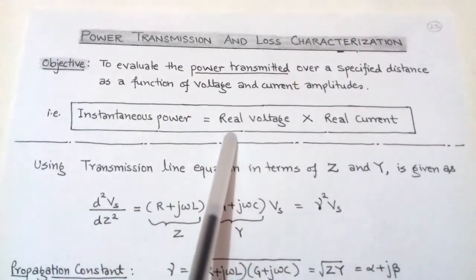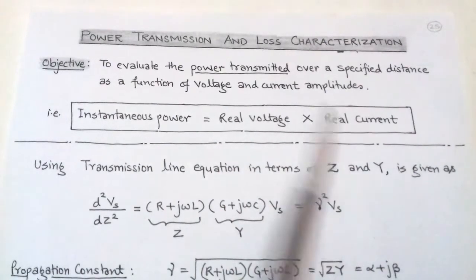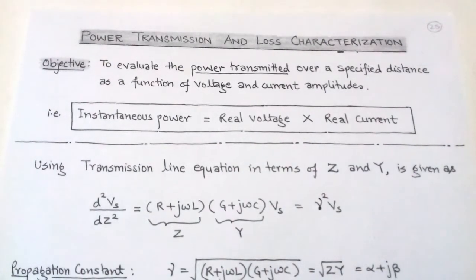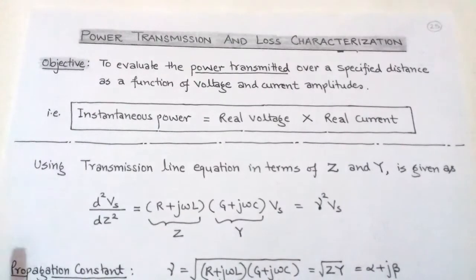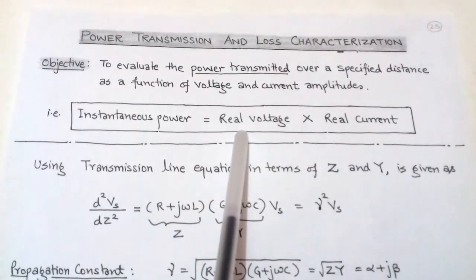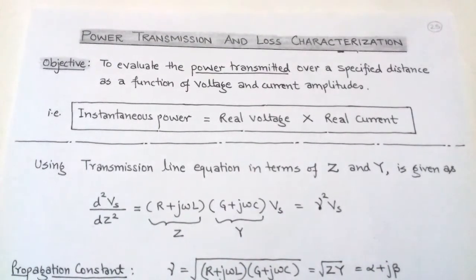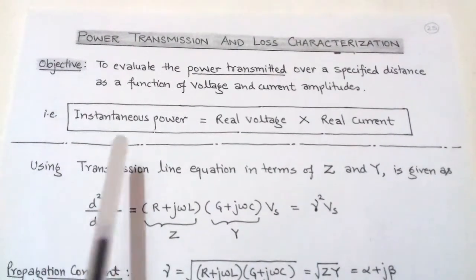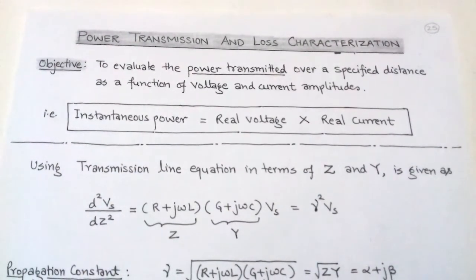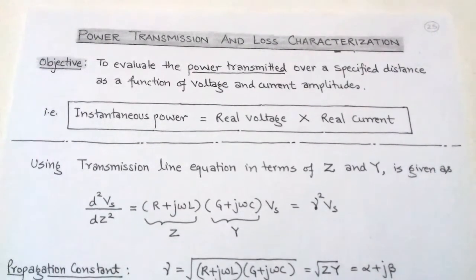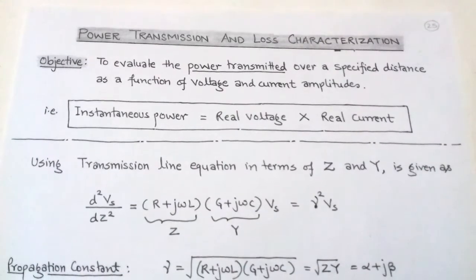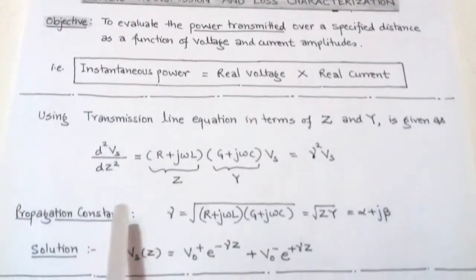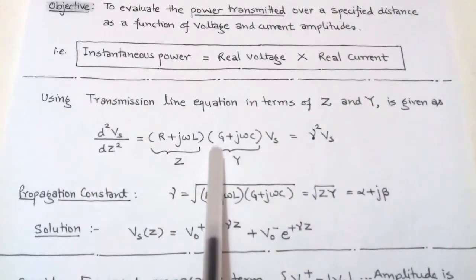Instantaneous power can be determined by using real voltage and real current, which means that we take a real part, that is the cos term. Instantaneous power means the power is a function of z and t, meaning position and time. Now to determine the instantaneous power, we use the transmission line equation in terms of net shunt impedance Z and